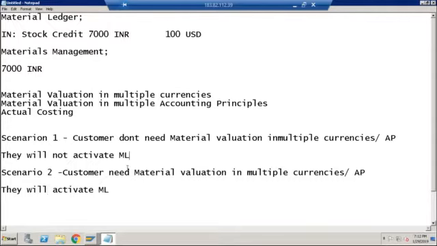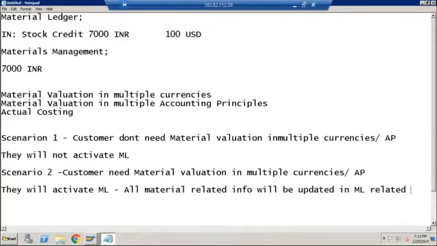If I'm activating material ledger functionality, understand this is very important. If you activate material ledger functionality, all material related info will be updated in material ledger related tables.